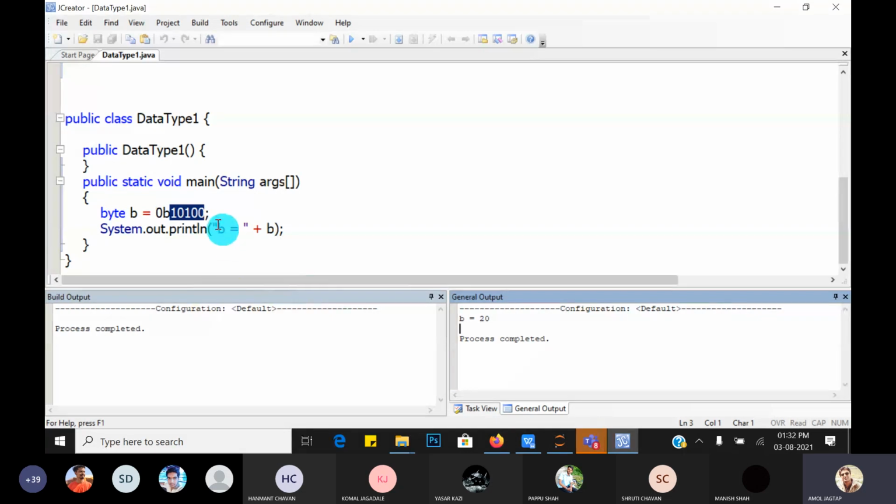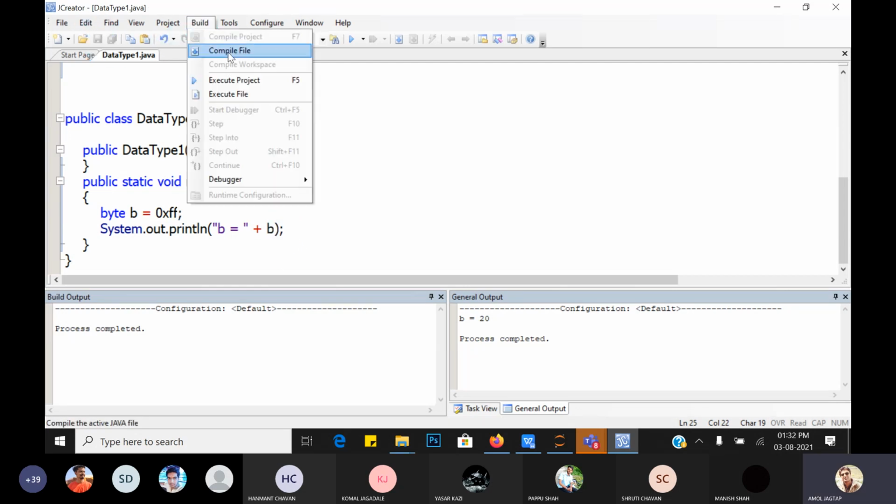Now it's time to see how to write a hexadecimal value. You write 0x and then any hexadecimal value, suppose FF. Now print it. Compile the file.